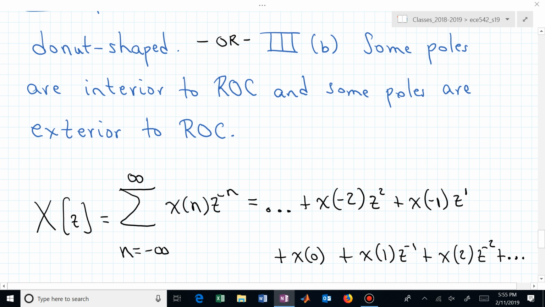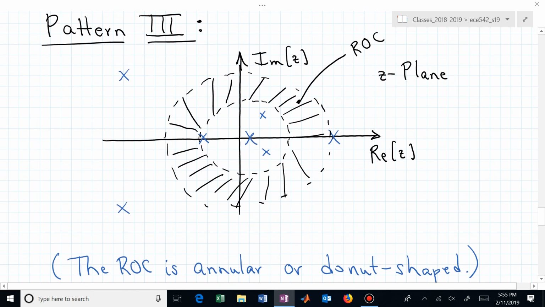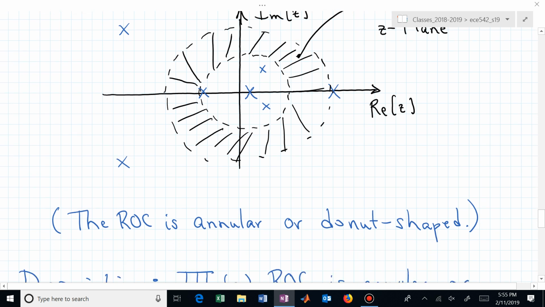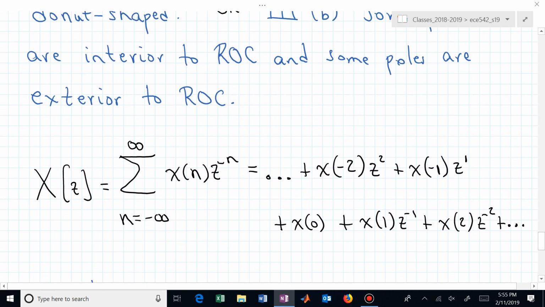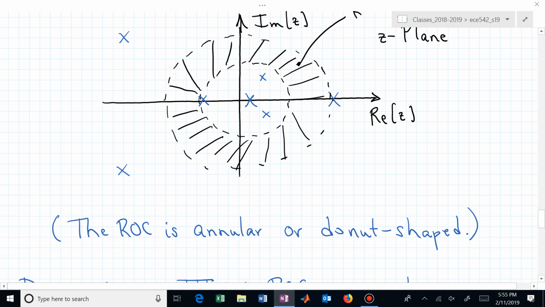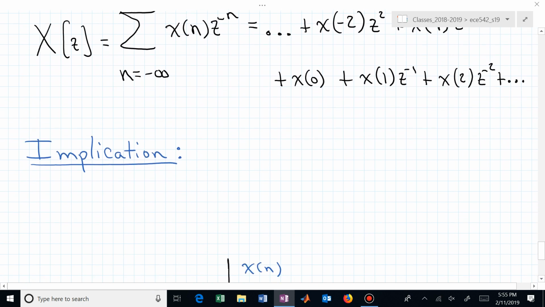Was infinity a part of this region of convergence? Does that region of convergence go off to infinity? So that means that maybe we could have non-causal terms. Did it include 0? Did this region of convergence include the origin? No. So now we could have causal terms. The implication of this pattern is that x of n, little x of n, is a two-sided